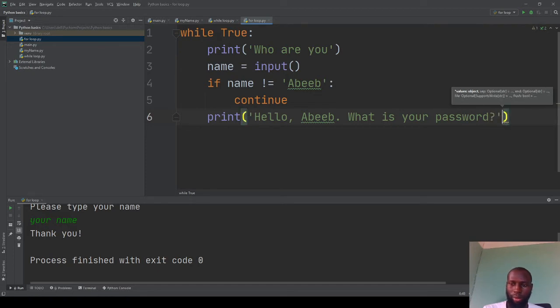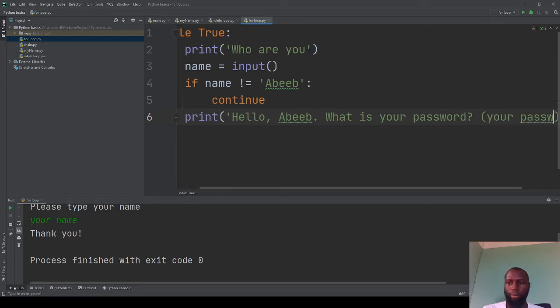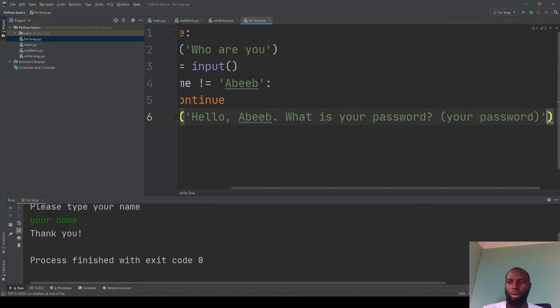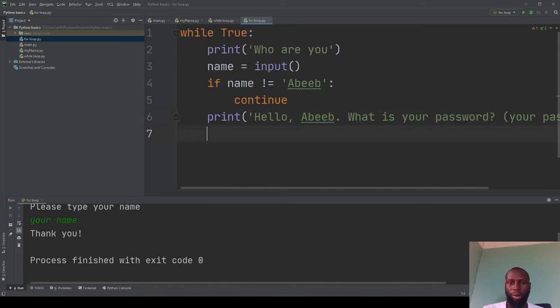So now let's try and give ourselves an input. Let's say input your password. So I know my password. So that is the normal thing. You should know my password. So say password